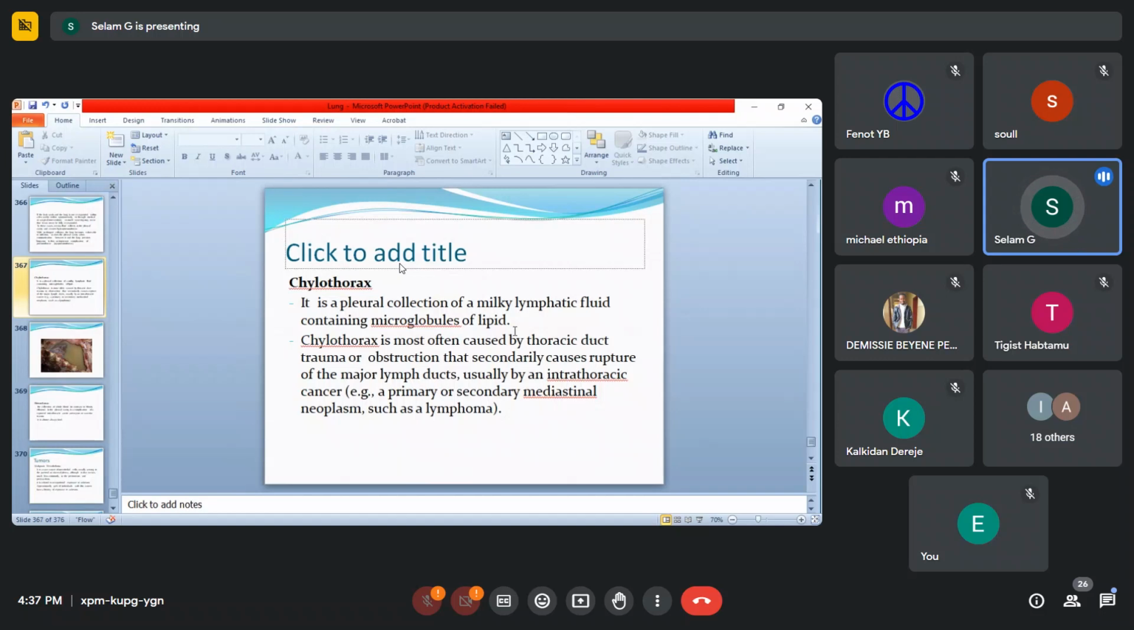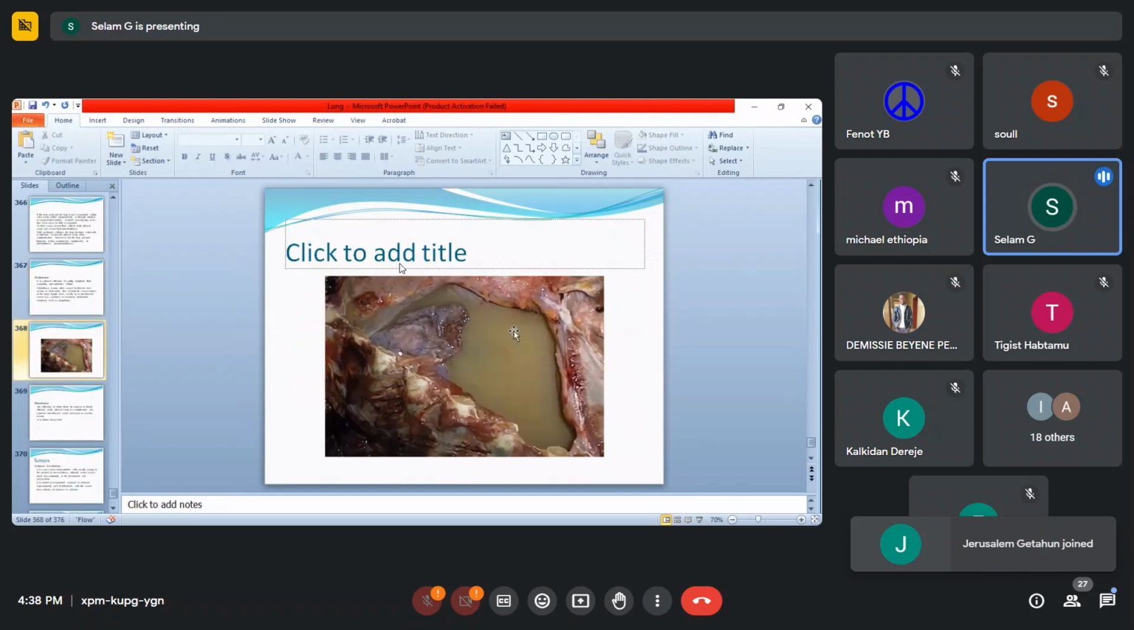If the fluid collecting in the pleural cavity is lymphatic fluid, it is called chylothorax, and it is a pleural collection of milky lymphatic fluid containing microglobules of lipid. Chylothorax is most often caused by thoracic duct trauma or obstruction or rupture of the major lymphatic duct, usually by intrathoracic cancer, mainly primary or secondary mediastinal neoplasms such as lymphomas. So you see the fluid will be milky and different from the clear hydrothorax or the bloody